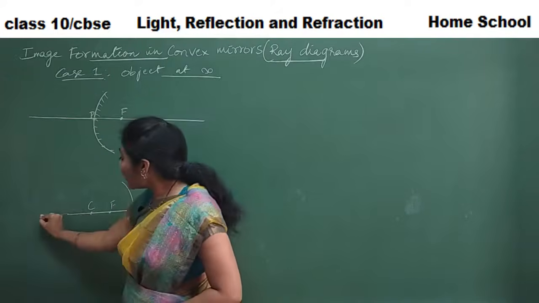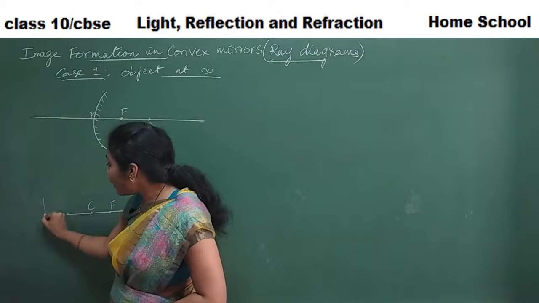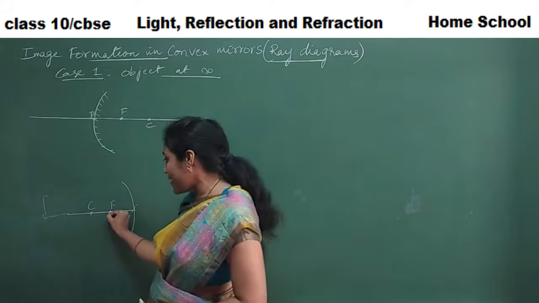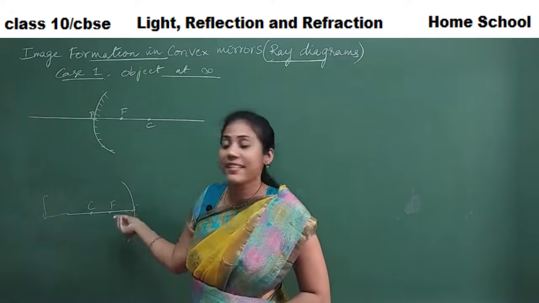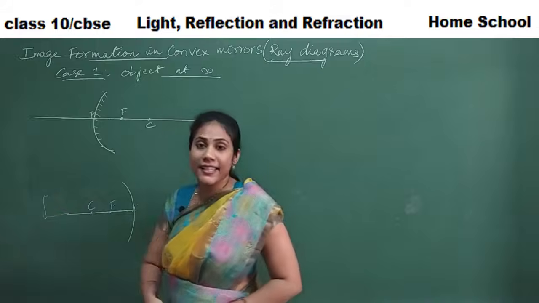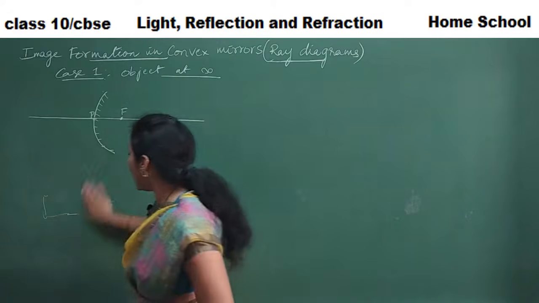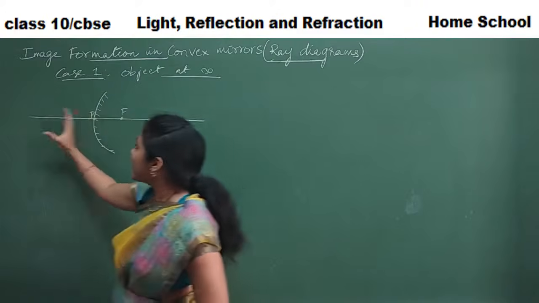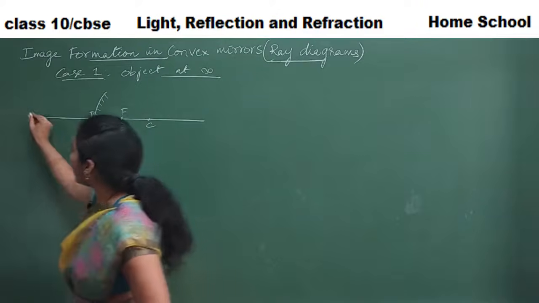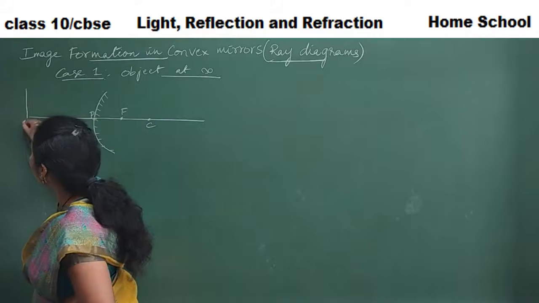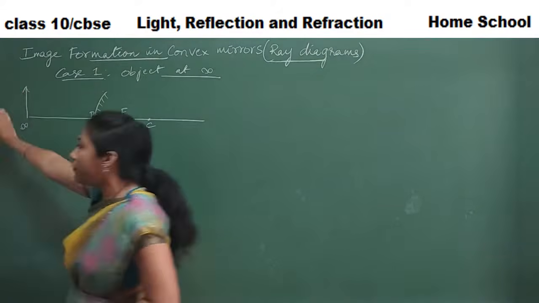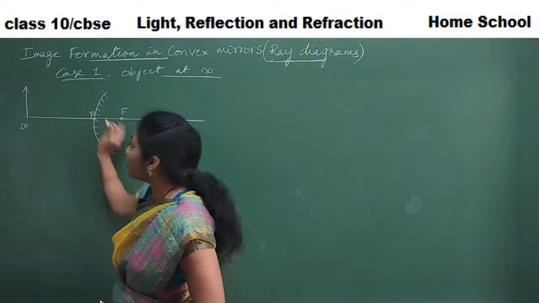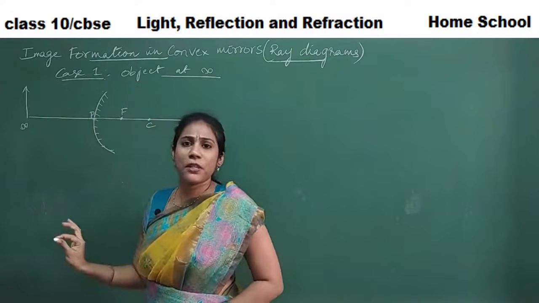So here we had so many cases. One was when the object was at infinity, when it is behind C, when it is at C, when it is at F, when it is between F and P. That's how we got so many cases. But in case of convex, all that is not possible because these points are on the backside. This is where you will keep the object, right? Only 2 options: whether you keep the object very far away, that is at infinity, or you keep your object near to the mirror.